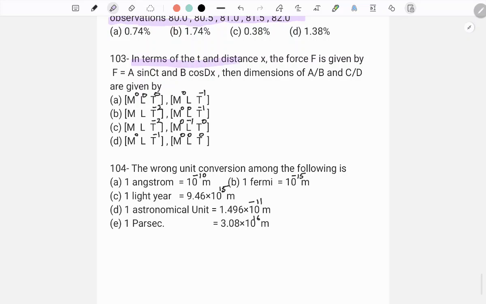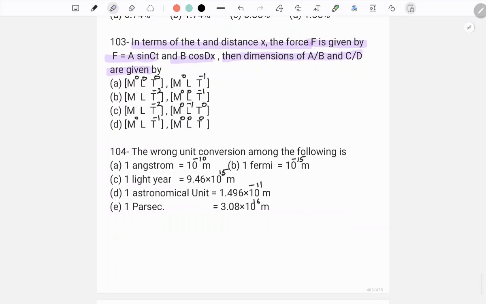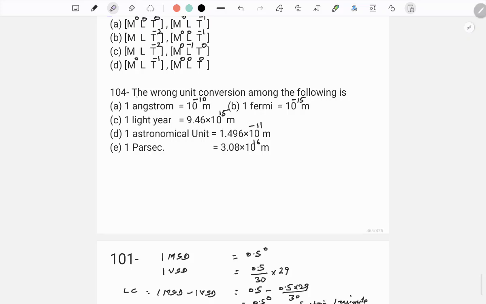Next, in terms of t and distance x, the force F is given by F is equal to A sin ct and B cos dx. Then the dimensions of A by B and C by D are given by. The wrong unit conversion among the following is: